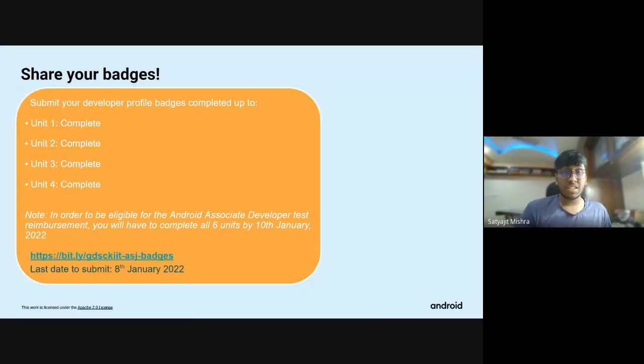Now this was the last session. Thank you, Aditya. After this, we will be giving you some time to focus on your application creation and collecting your badges. We have already shared the link for where you can submit your badges. Also, if you want to be eligible for the Android Associate Developer Exam reimbursement, you'll have to submit badges till Unit 6.